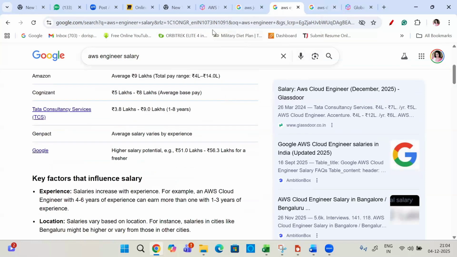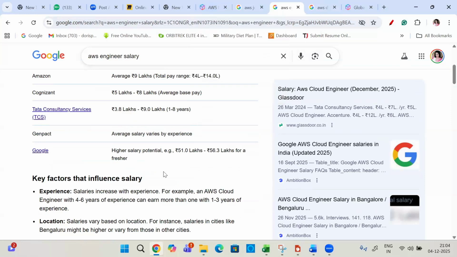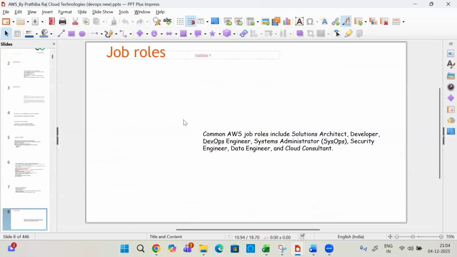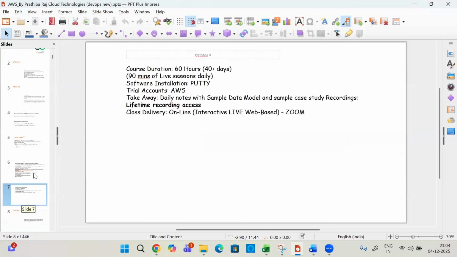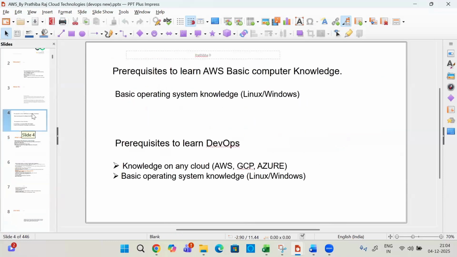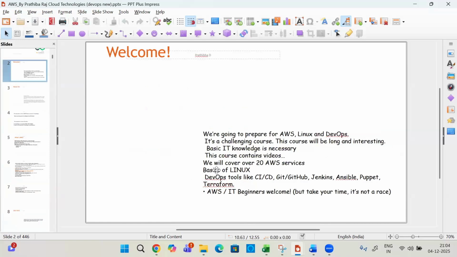And the next part is the skills. Mainly, what are they looking for? They are looking for skills.